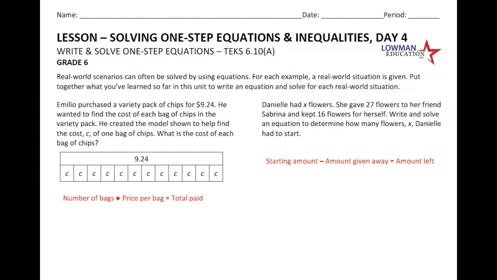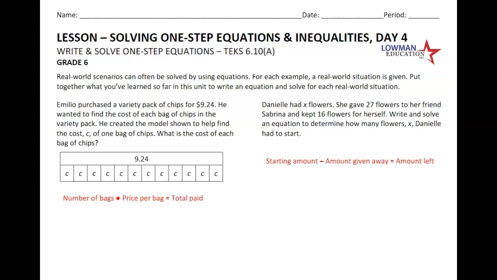We're going to put together what we reviewed for Lessons 1, 2, and 3. You're going to write and solve one-step equations, and our learning objective is 610A. Real-world scenarios can often be solved by using equations. For example, a real-world situation is given. You're going to put together what you've learned so far, write your equation and solve to help find the solution